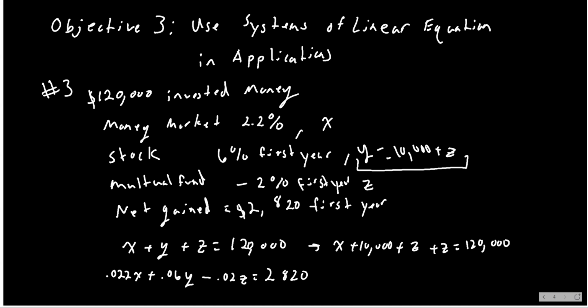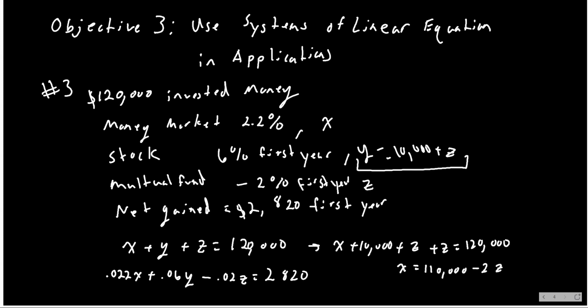All right, what letter do you want me to solve for? I plugged in what Y is from this equation when it said that they put $10,000 more in the stock than they did the mutual fund. So that's how I was able to establish this equation. Then I plugged it in for Y in the first equation. Now my question to you is, what letter do you want me to solve for? X, okay. So now I get X equals 110,000